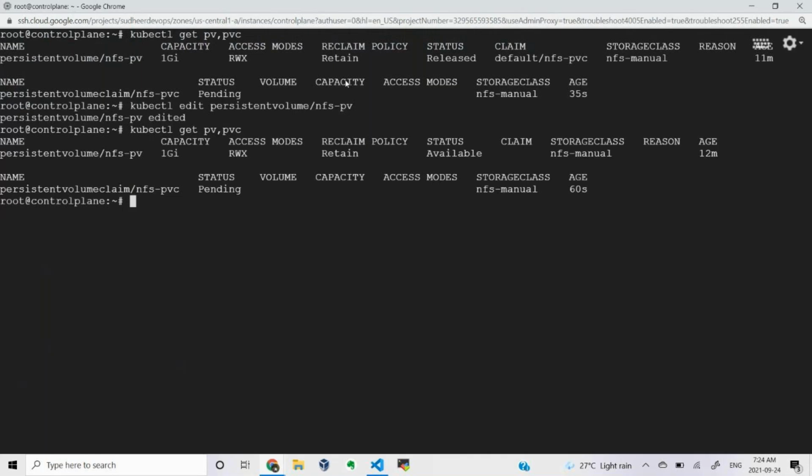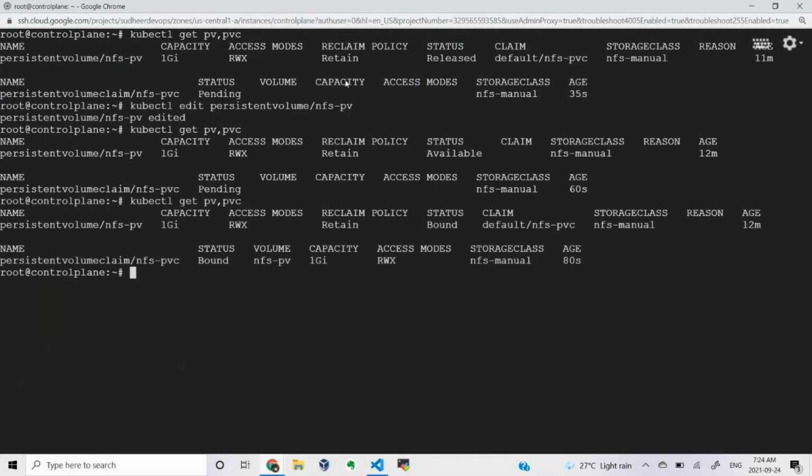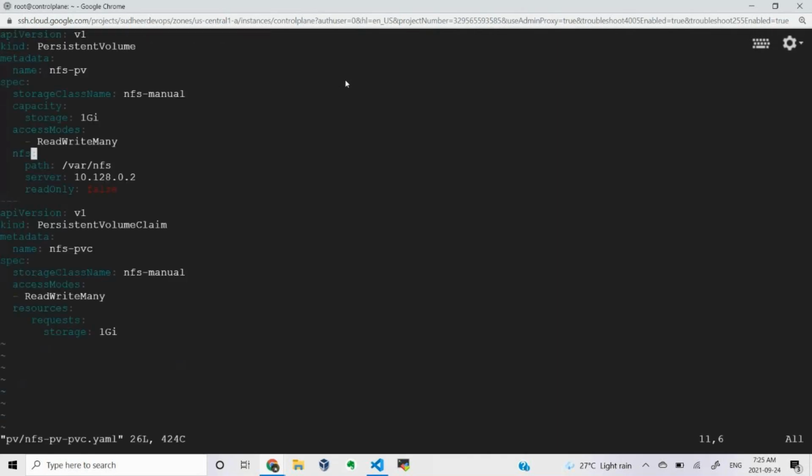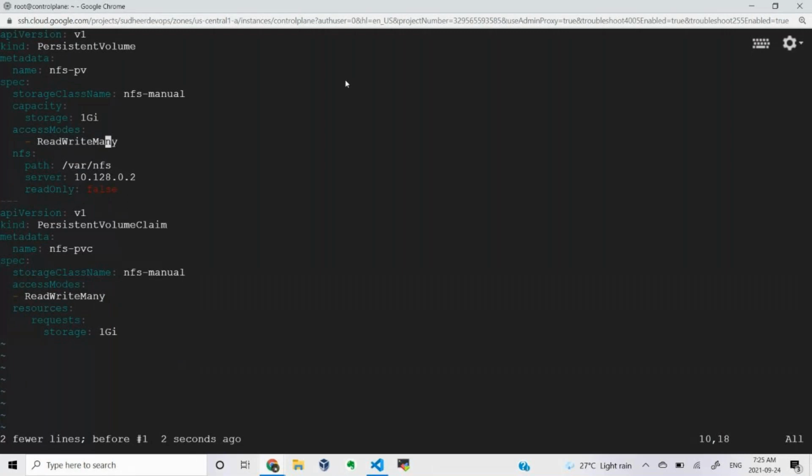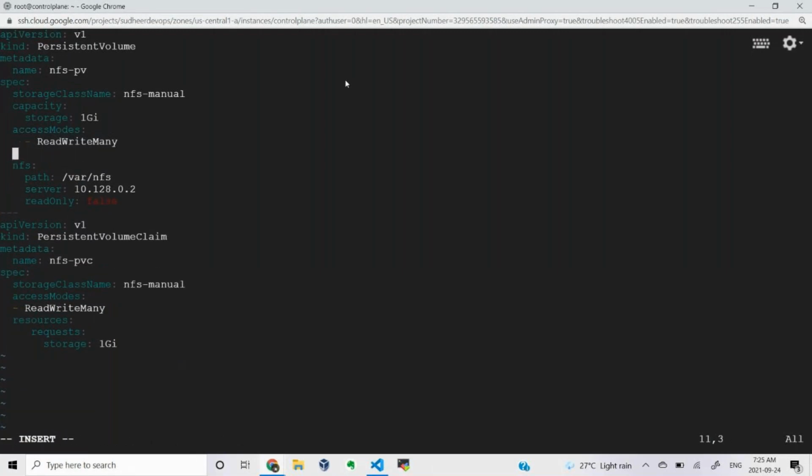There are two other policies, called recycle and delete. Let us see what those are. So now you can say it is successfully done, right? Let us change this. Let me try to remove all of this. I want to add a reclaim policy called delete, or let's say recycle. Now for the PV NFS, let's add a recycle policy. So how will you add it?